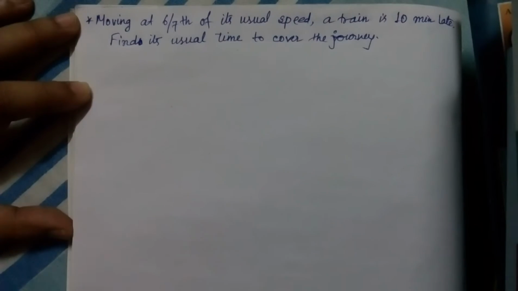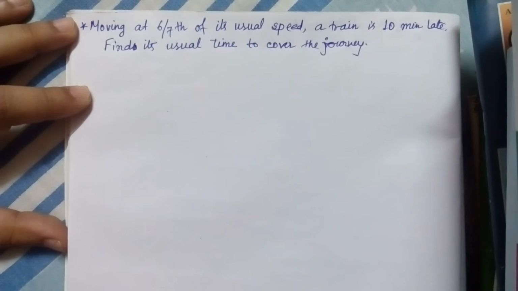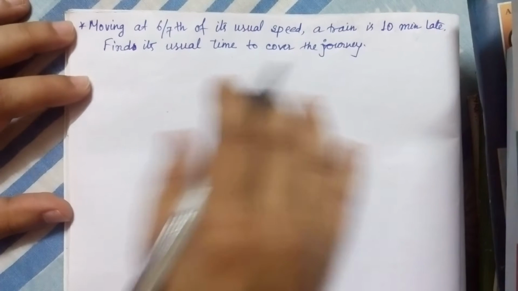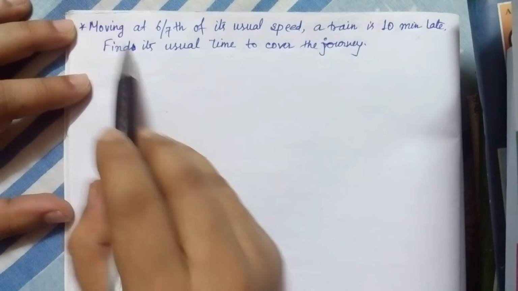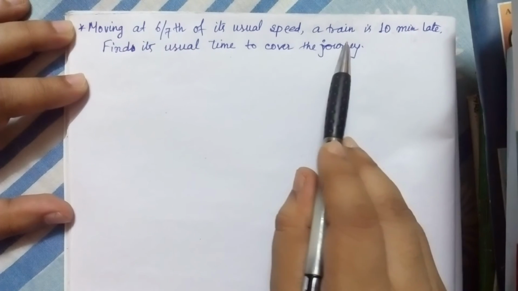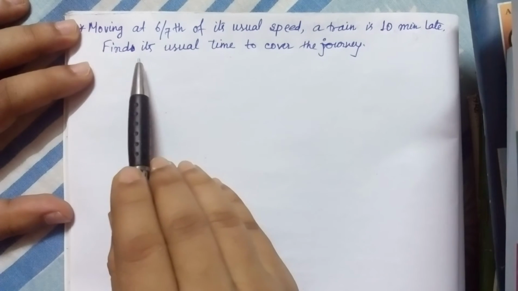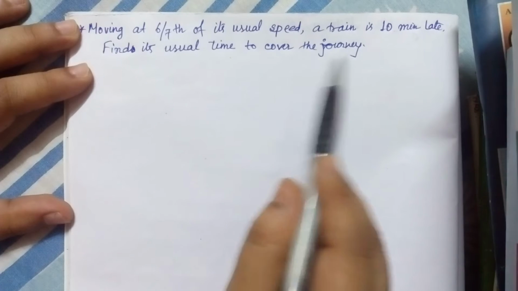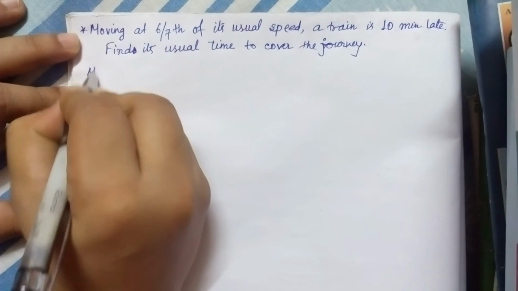We will discuss the conventional and ratio methods to solve time and distance problems. Here is an example. The question says, moving at 6/7 of its usual speed, a train is 10 minutes late. Find its usual time to cover the journey. In method number 1,